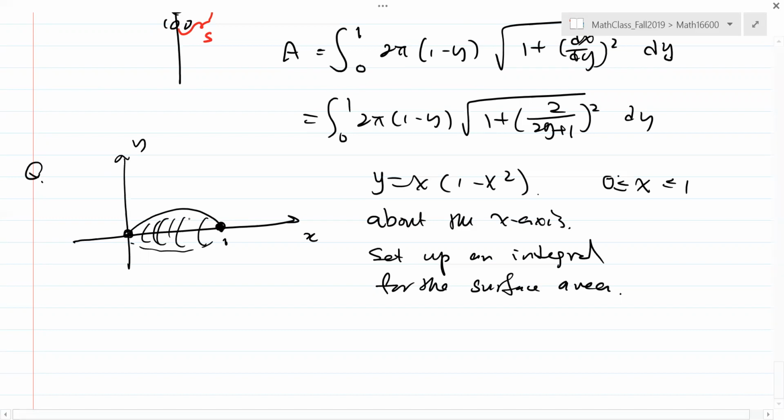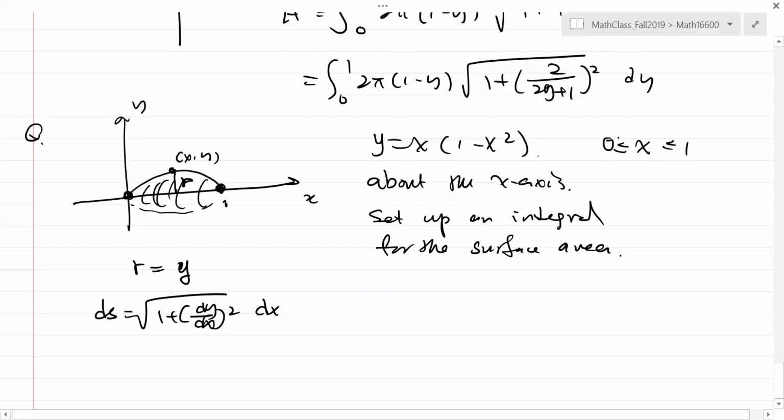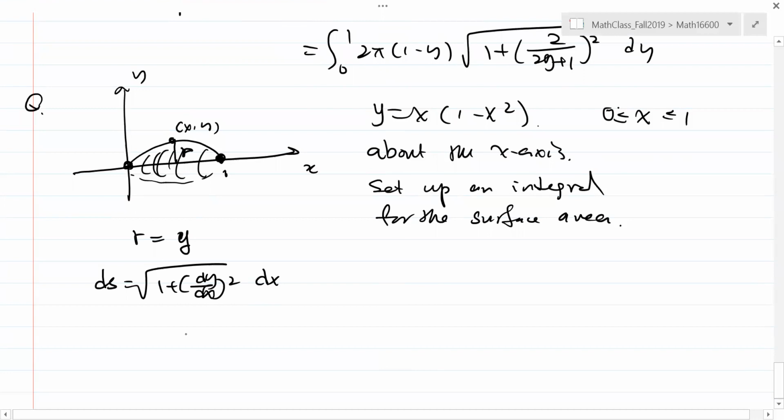So draw the picture, okay? I don't know the exact formula yet, but you have x and y. You draw the radius, right? You write down what r is, which is y. Then you are going to use the x variable. So ds is the square root of 1 plus (dy/dx) squared, dx. y must be a function of x. So the area is going to be the integral from 0 to 1 of 2 pi